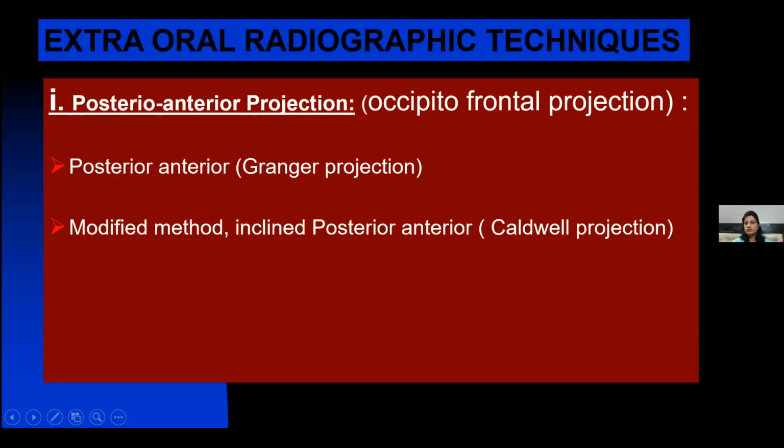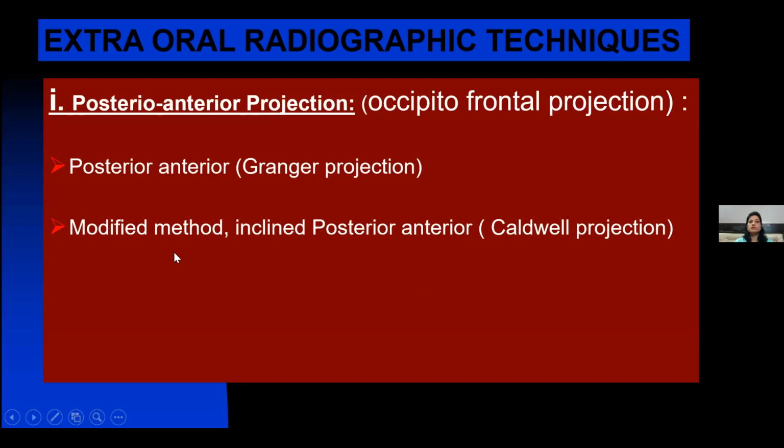First is the classification. Why is it important? Because you should know which views are what plane views, right? So I think everybody knows you have 3 planes: your coronal plane, sagittal plane, and transverse plane. Everybody knows that? Okay. So posterior-anterior projections means posterior to anterior. These are the projections which are called occipital-frontal projections. So they are anterior-posterior, posterior-anterior projections. They are in which plane? Coronal plane, right? Everybody understood that these are coronal plane projections.